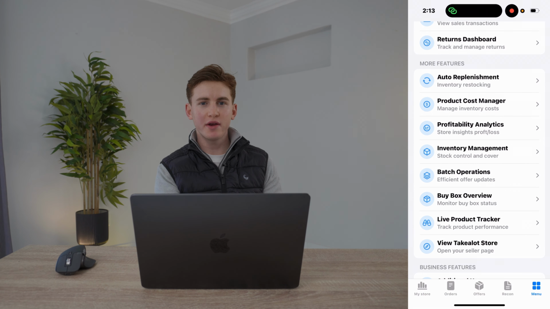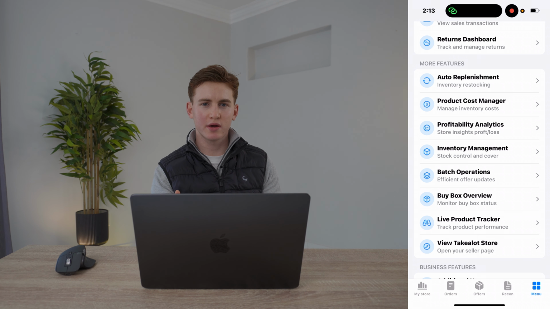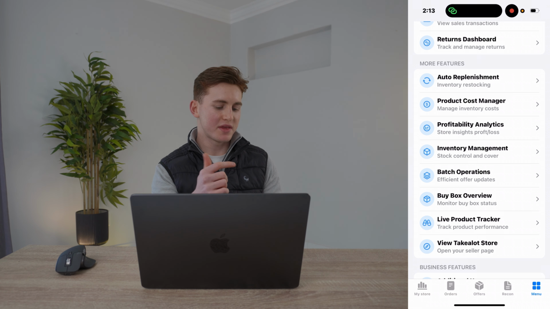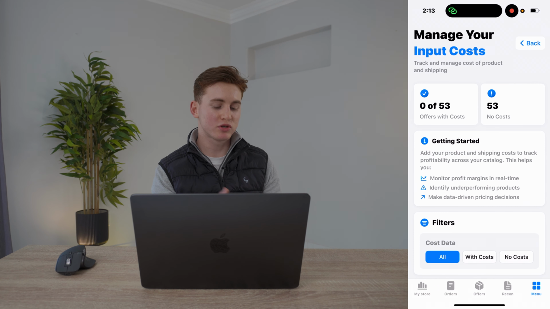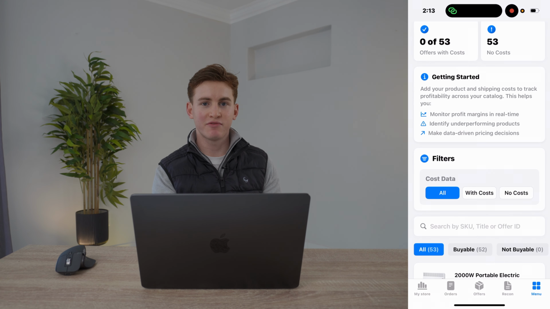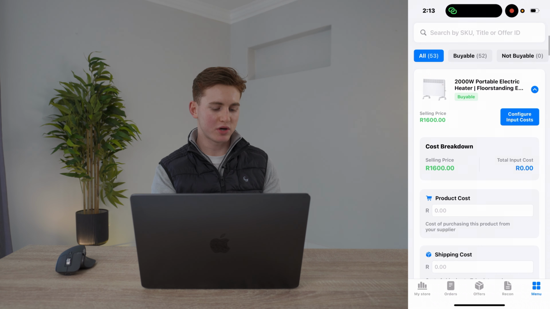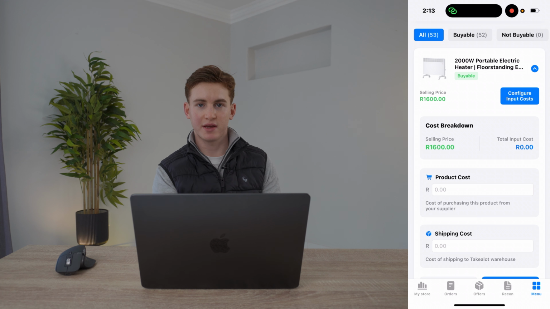All right, moving on, we now have the product cost manager and then the profitability analytics. These two features work collaboratively. On the product cost manager, you'll be able to manage the input costs of your product. We are adding extra functionality for larger Takealot sellers. So for larger Takealot sellers, you won't need to manually input your input costs for each product, but more about that feature coming soon. For now, you can configure the input costs by clicking on the configure input cost button